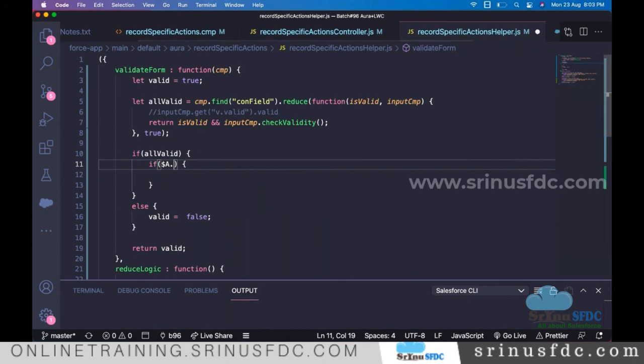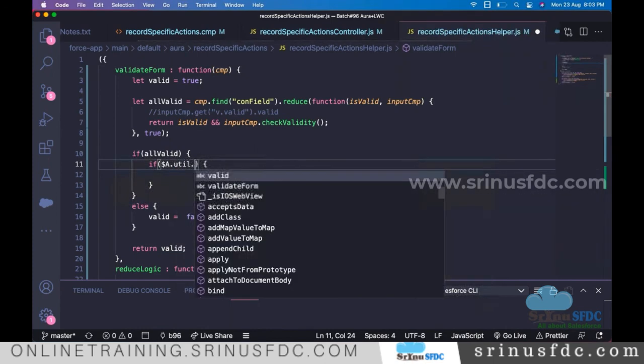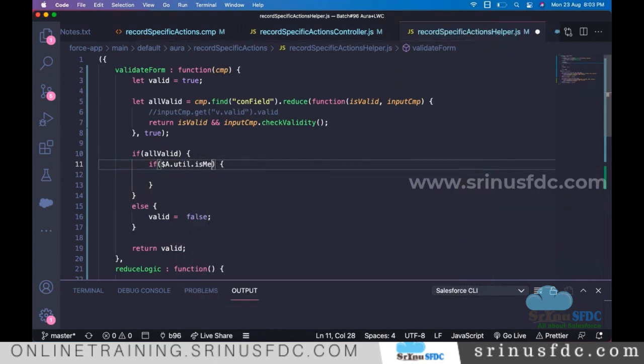So we have $A.util. There is a function called isEmpty, and supply the account here to get that. So now for this attribute, I'm trying to find whether it really has the value or is empty.